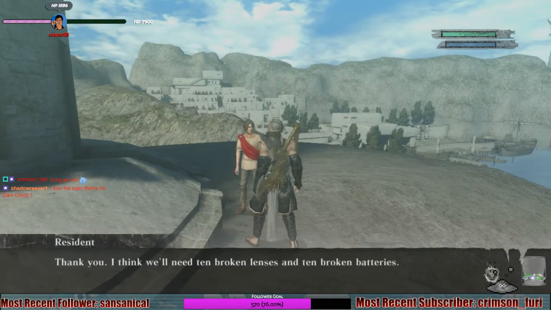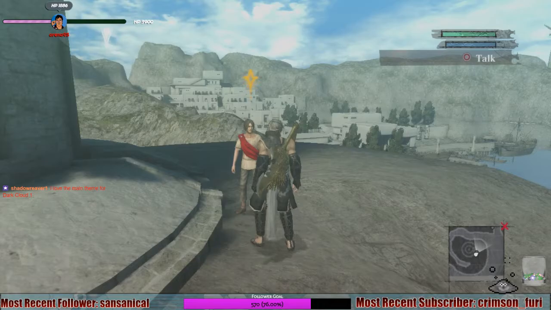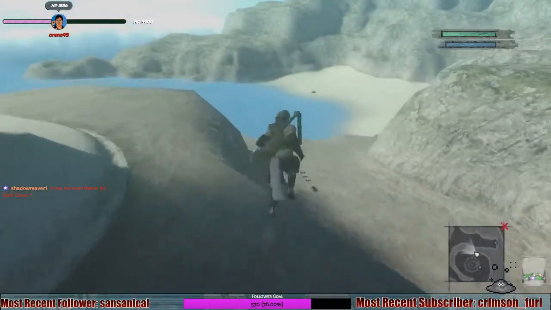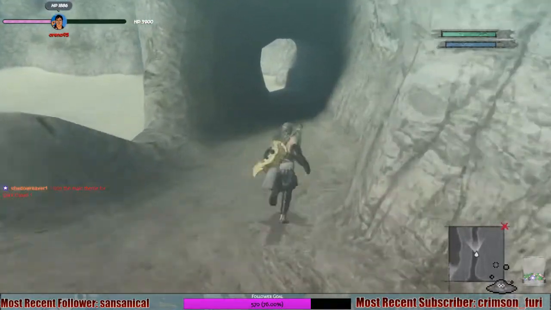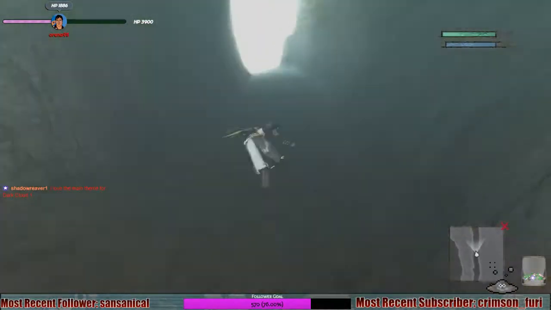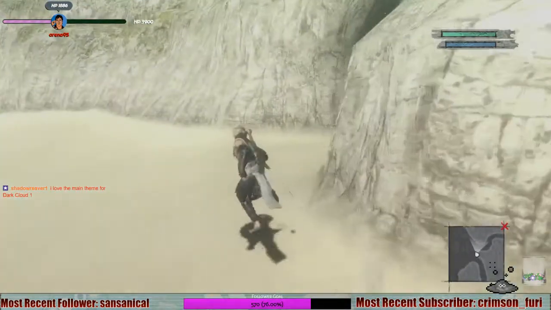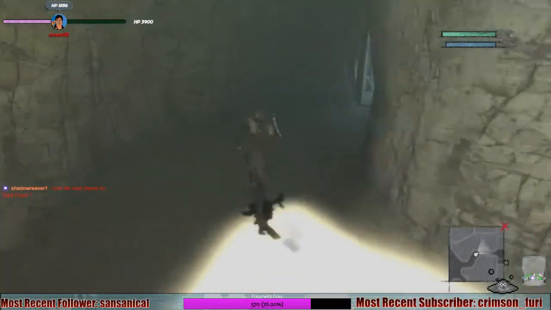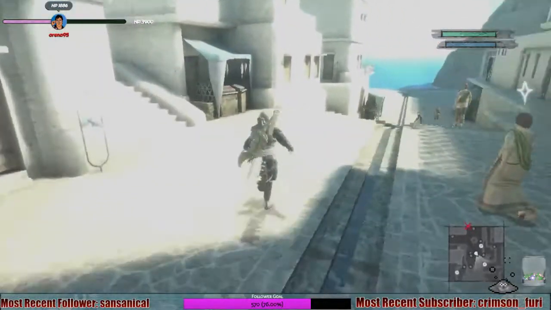Thank you! I think we'll need 10 broken lenses and 10 broken batteries. While you're at it, 10 mysterious switches would be nice too. Alright, I don't have the mysterious switches. I actually have the broken lenses, but I don't have the broken batteries. Right, exactly, Crimson. When I go onto that field, I want to fight everything. Mostly because certain ones drop broken wristwatches, and I want the wristwatch, but...